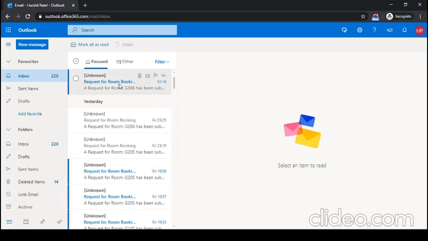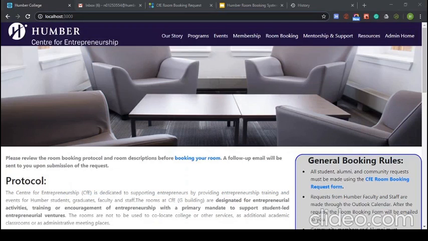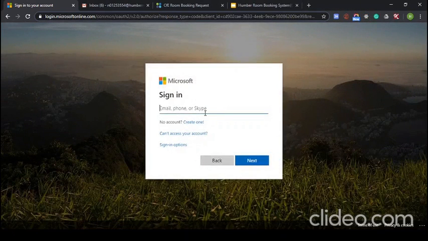So here is the admin account, and we requested G306. The name of the user was Harshit Patel, and these are the timings he requested. And now that the admin knows somebody has requested the room, he can go to the admin panel and approve, disapprove, or take appropriate action for that request. So let me go back to my admin panel and log in to the admin panel. So yeah,